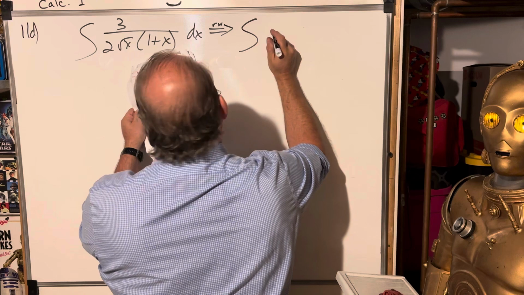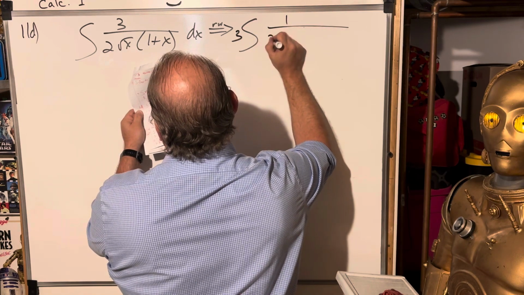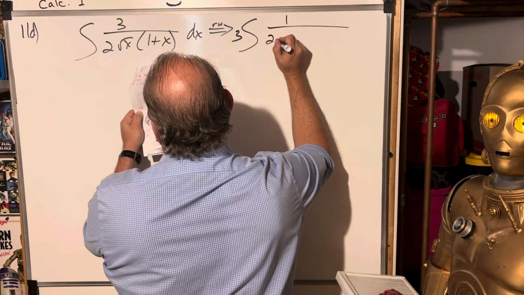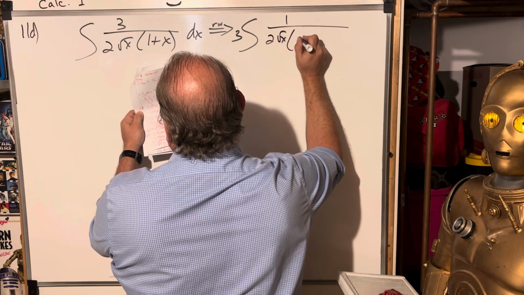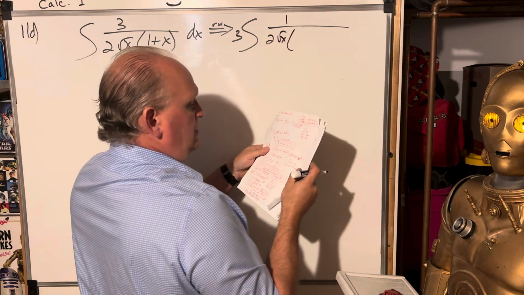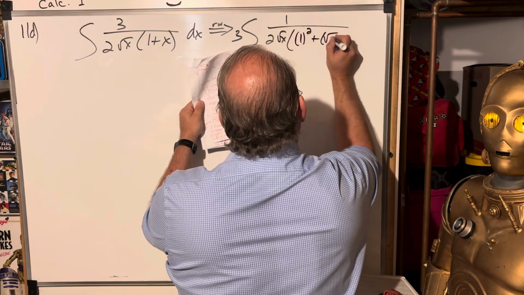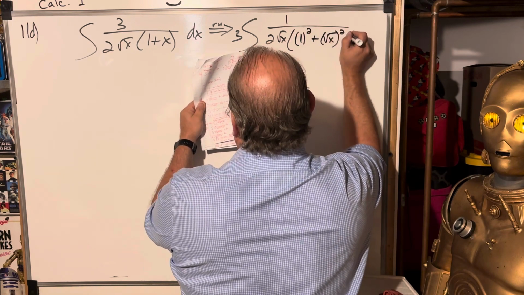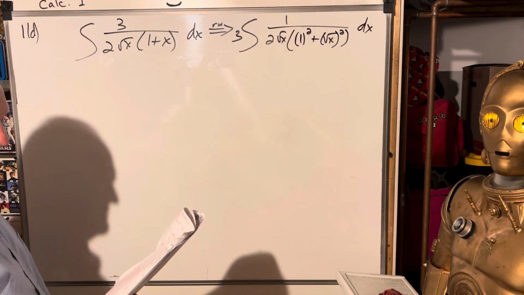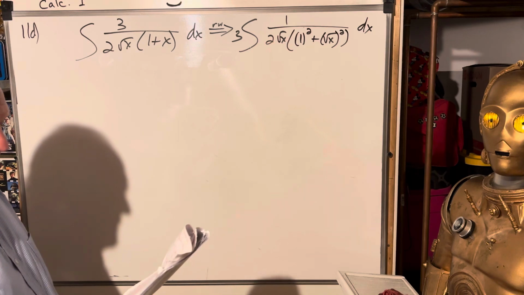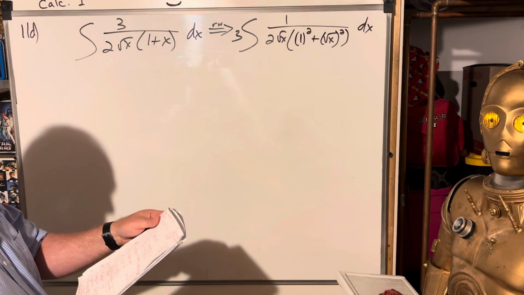Let's do a quick rewrite. We'll throw the 3 out in front of there. 1 over 2 square roots of x times quantity 1 squared plus the square root of x squared, dx. Now, the reason we're doing that is the square root of x squared is because we want it squared and squared because we're using